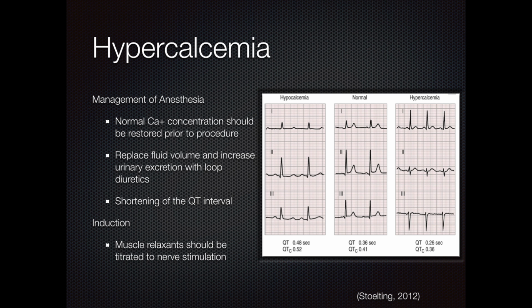If possible, normal calcium concentration should be restored prior to the induction of anesthesia. If postponing the procedure is not possible, the patient should be bolused with normal saline and given furosemide to enhance excretion of calcium. As depicted in the image from Stölting, hypercalcemia can cause shortening of the QT interval. Muscle relaxants should be titrated to nerve stimulation if the patient presents with muscle weakness, hypotonia, or loss of deep